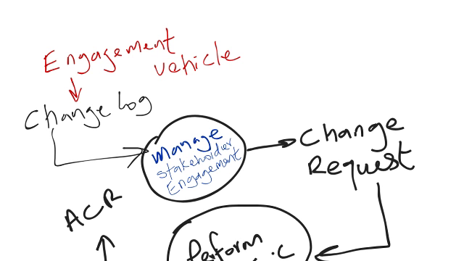It's become an on hold change request, or it's become an approved change request. So by engagement vehicle, I mean that stakeholder is going to get more interested in the project, knowing the outcome. It's going to help them know the outcome